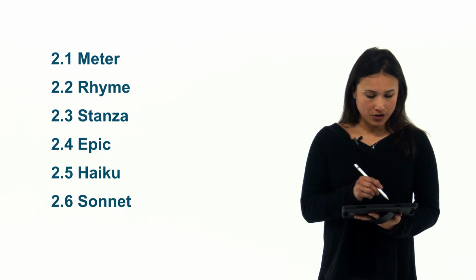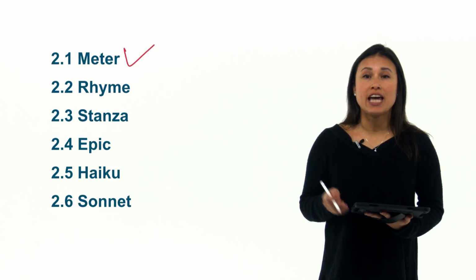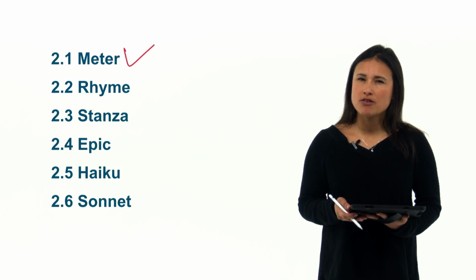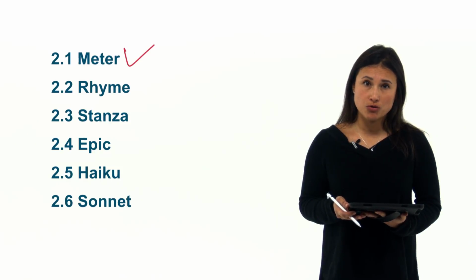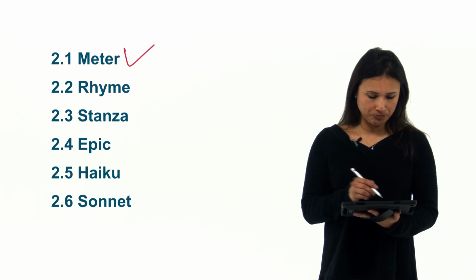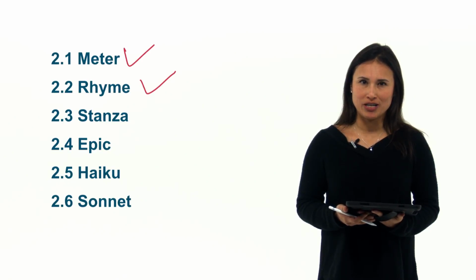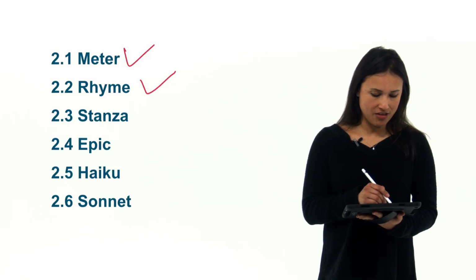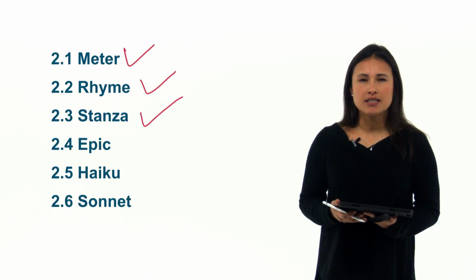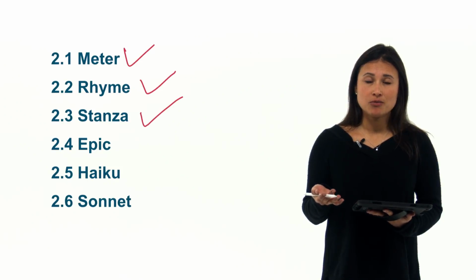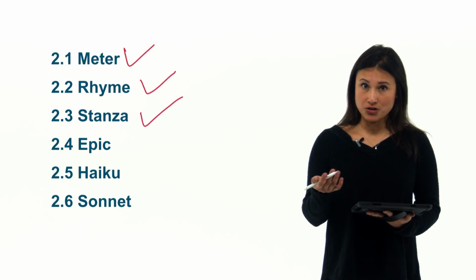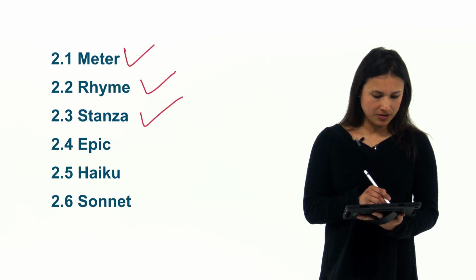We're going to go over meter. Meter is essentially how a poem is paced. Meter is a very old-fashioned term, but so crucial to understanding the way that poems are represented on the exam. Rhyme is probably the element of poetry you're most familiar with. It's essentially how we rhyme words together in sounds. Stanzas. Instead of paragraphs, we have stanzas in poetry, so you'll understand the form of stanzas.